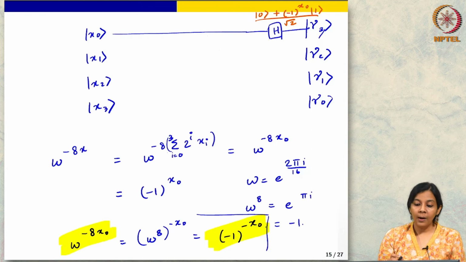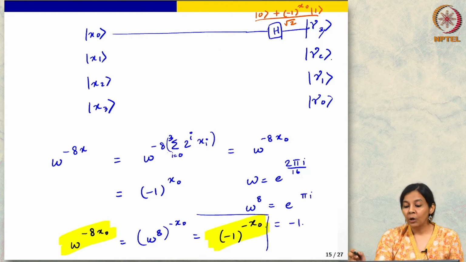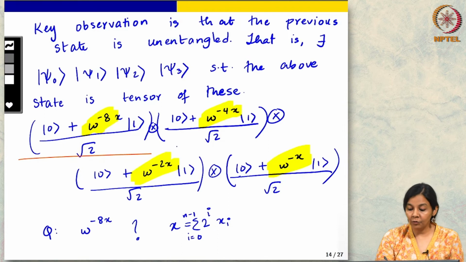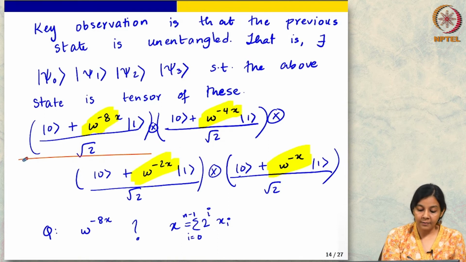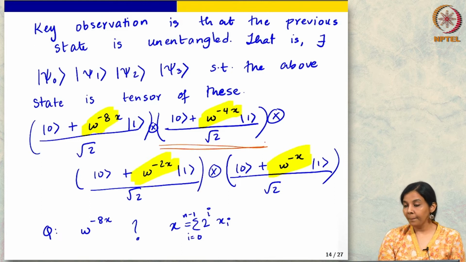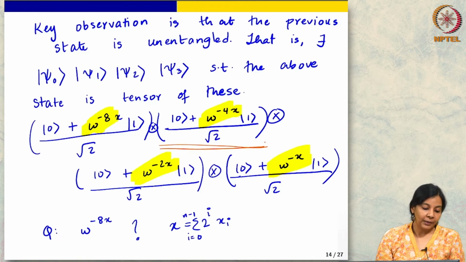Okay, now what about x1, or I am sorry, not what about x1, what about gamma 2? So now again let us go back to our second bit over here, the second most significant bit. So now we are looking at this. Let us erase the orange from here and put it over here. One thing to observe is that minus 4x can also be simplified.